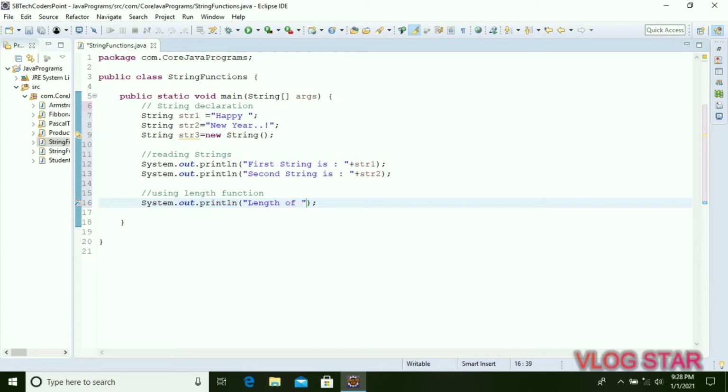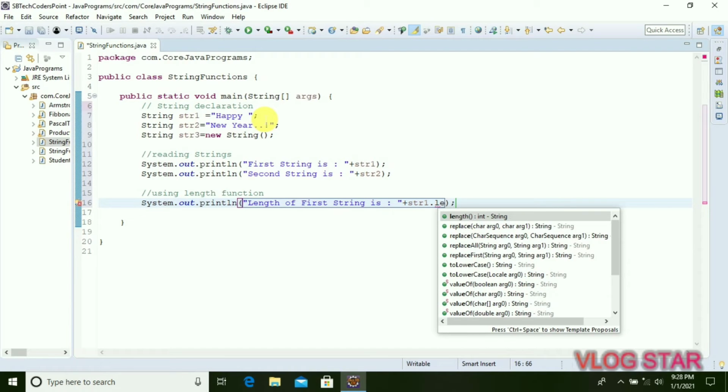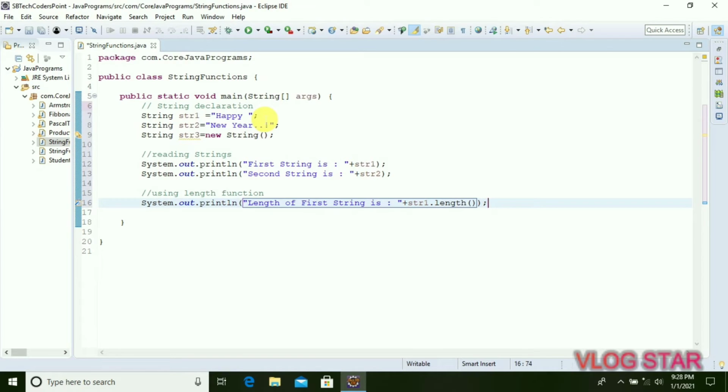So for that, "length of first string is", and after the double quotes we have to provide a plus. As we are checking the length of the first string, we have to provide str1.length function. So we can see it's here, Enter.